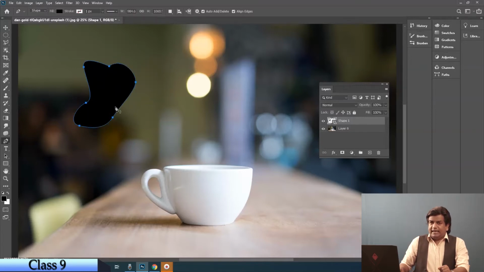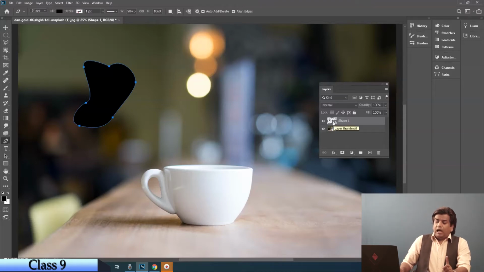This is acting as a vector graphic. See what happened in the layer: it has created an absolutely different layer with the shape, and this icon shows that it is a vector graphic.